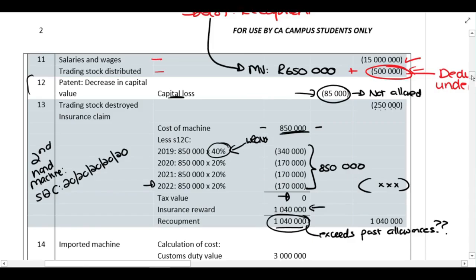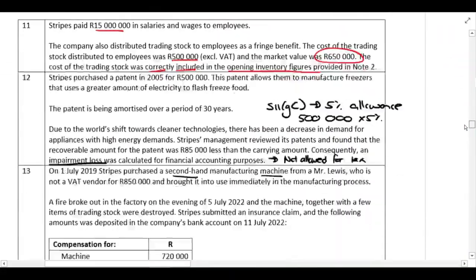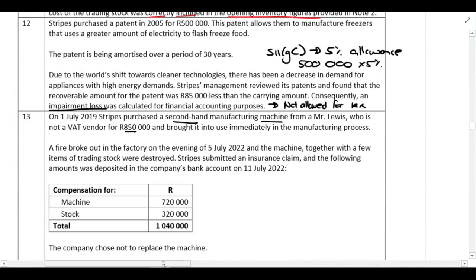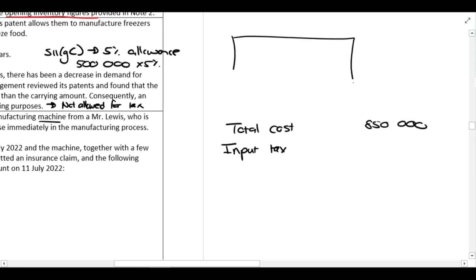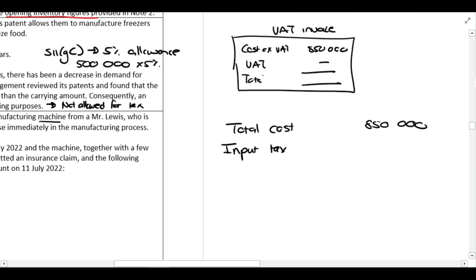Then that 850,000 rands there. What's that 850,000? It is the cost of this second-hand machine which they bought from a non-vendor. So the total cost was 850,000. Could you claim input tax? Now think about the VAT invoice here. This is the VAT invoice that you would receive from this Mr. Lewis. It would say cost excluding VAT, 850,000. It would say VAT on it. What's the VAT? Nil, because Mr. Lewis is not a VAT vendor. So the total would be 850,000. So it almost seems like they're correct there, because there is no VAT on the VAT invoice for them to claim. Remember, we only claim VAT from the VAT invoice, except for second-hand goods,